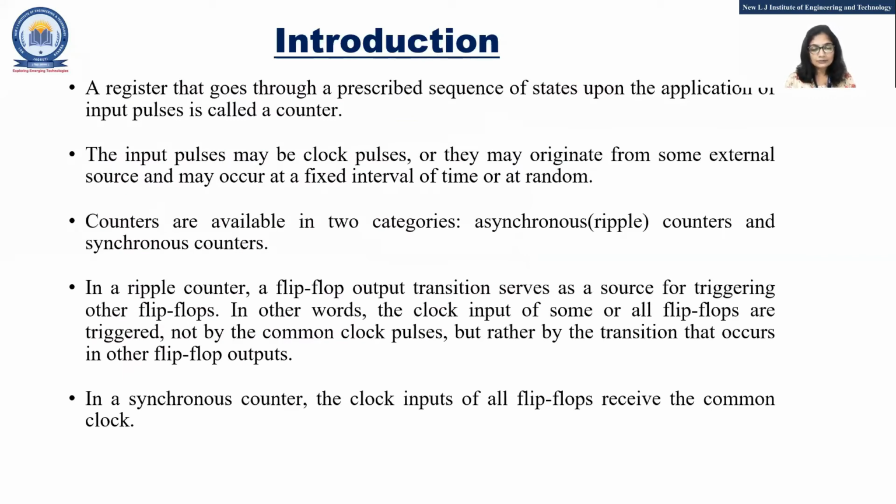In my previous video, I have already discussed what a counter is, and what the difference is between asynchronous and synchronous counters. A counter will simply count the clock pulses. In a synchronous counter, we give the clock simultaneously. In an asynchronous counter, we do not give the clock simultaneously. This is the main difference between these two types.